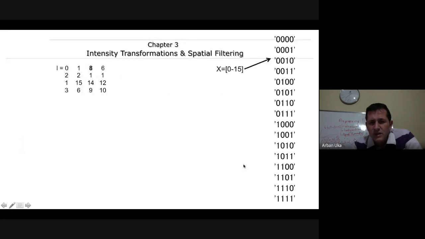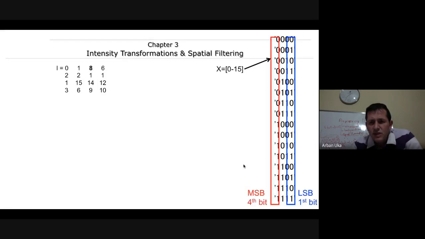And then let's go back here. This was the least significant bit. And here we have the most significant bit, the MSB, which is the fourth bit. Now, let's have a look at the fourth bit. What the fourth bit is doing is separating the whole range into two different domains. The first 8 are all zeros. The second 8 are all ones. Now, this is the fourth bit. Let's have a look at the third bit. What is the third bit doing?